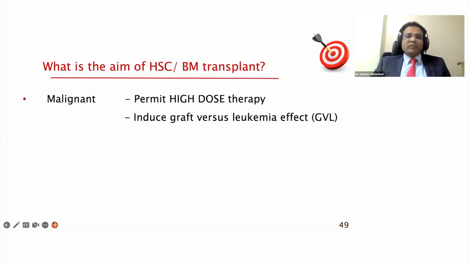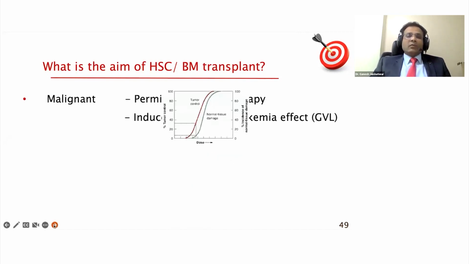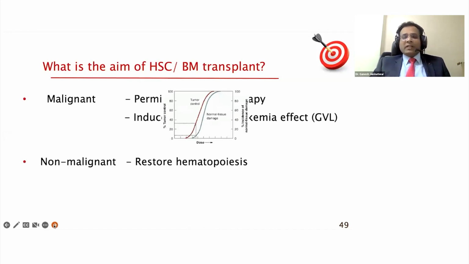And by this graft versus leukemia effect, the relapse risk is much lower in the transplant arm compared to the non-transplant conventional chemotherapy arm. So that is the logic for malignant indications, whereas for non-malignant indications,